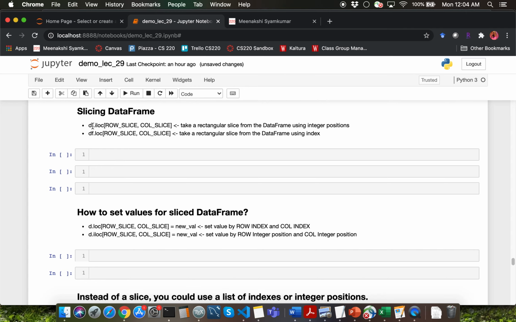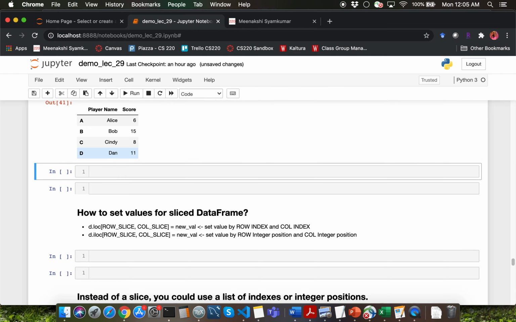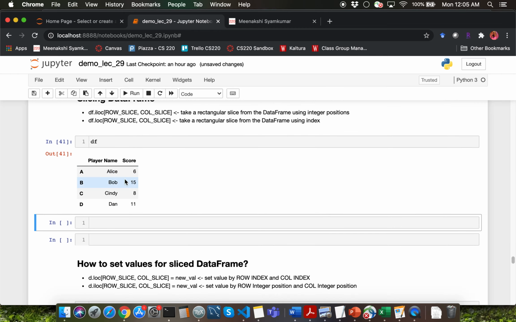When we use iloc, we are going to use row integer position and column integer position to mention the corresponding slices. Whereas when we use loc, we are going to use row index position and column index position to mention the corresponding slices. Let's take a quick peek at the data frame that we've been using so far.